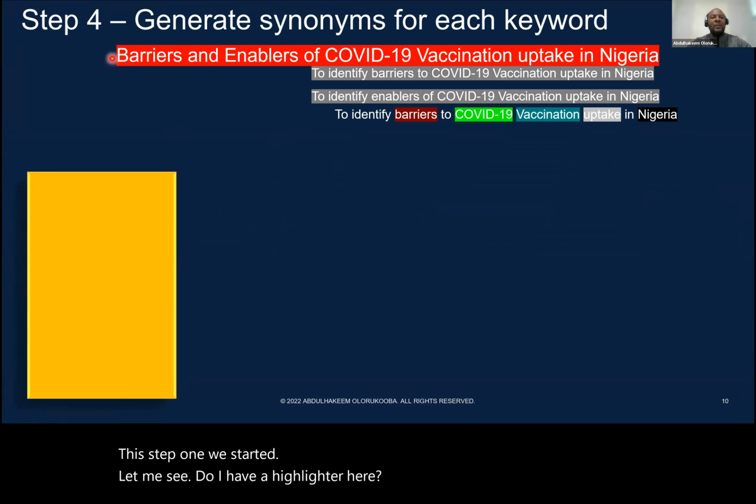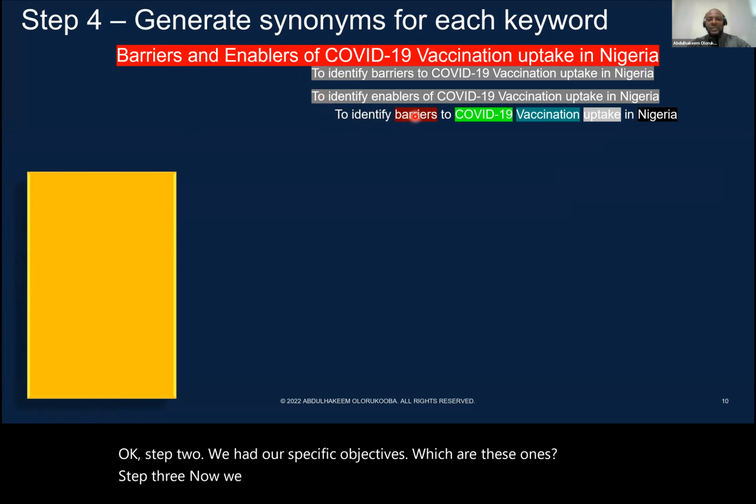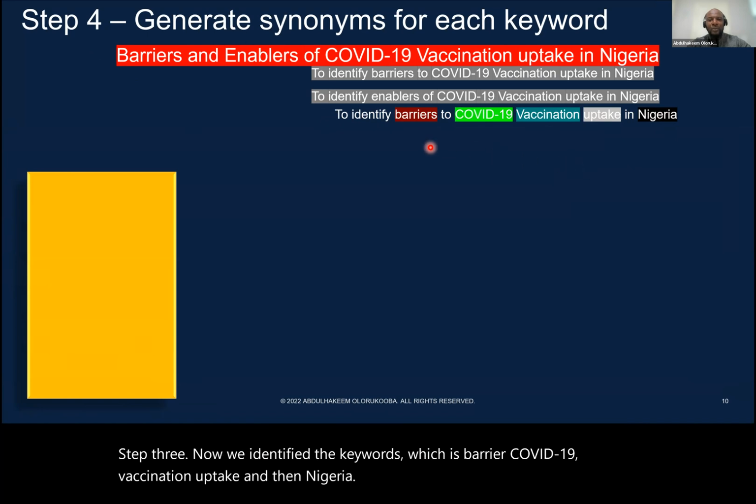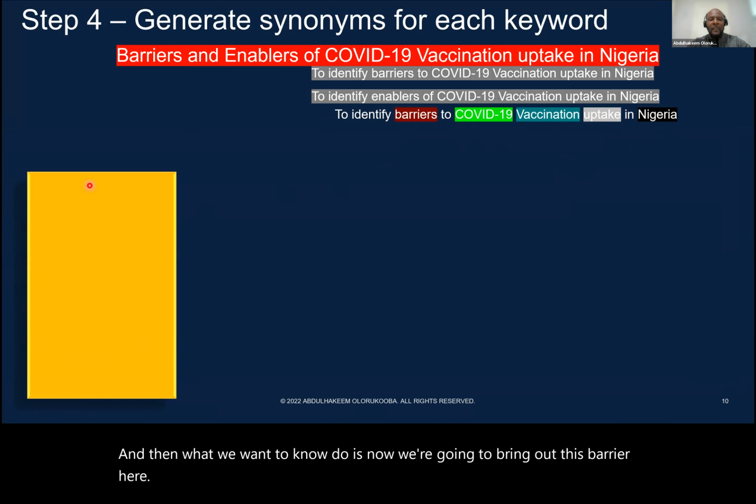Okay, good. So step 1, we had our title. Step 2, we had our specific objectives, which are these ones. Step 3, now we identified the keywords, which are barrier, COVID-19, vaccination, uptake, and then Nigeria. And then what we want to do now is bring out this barrier here and see